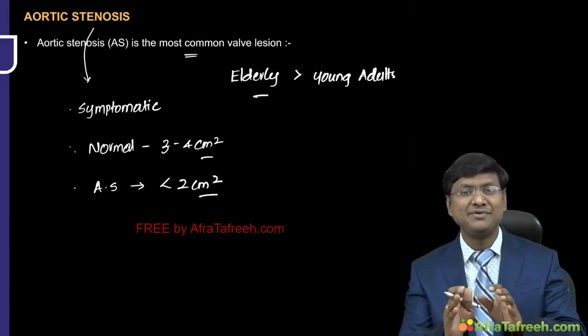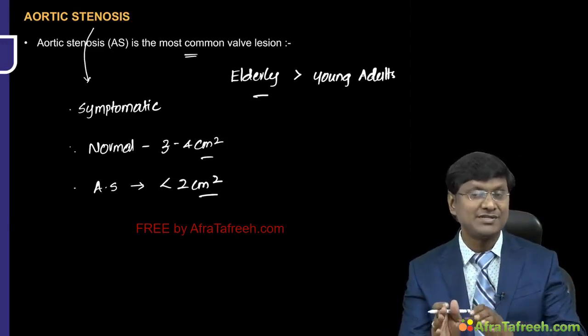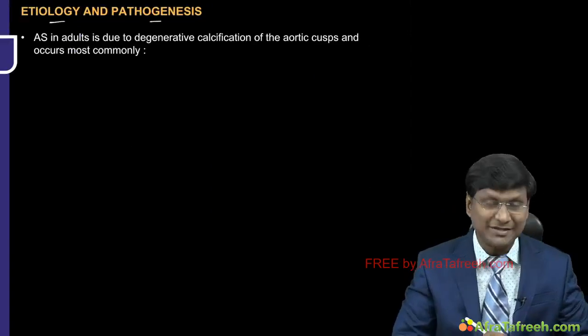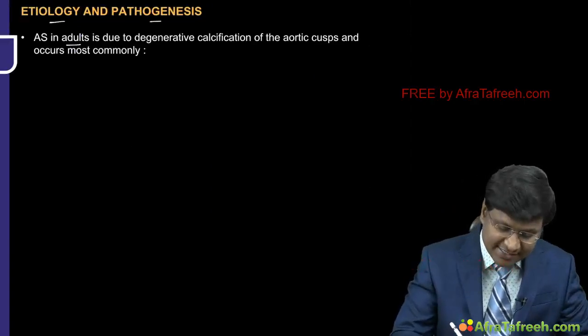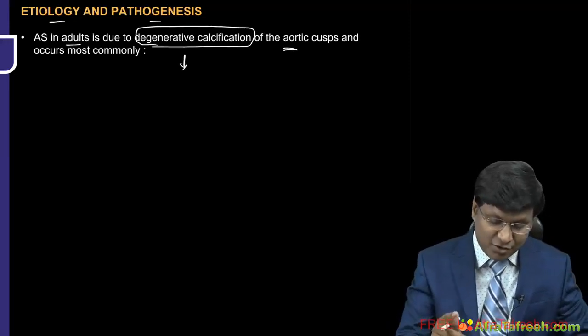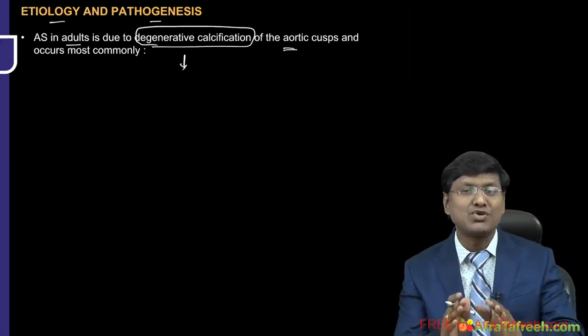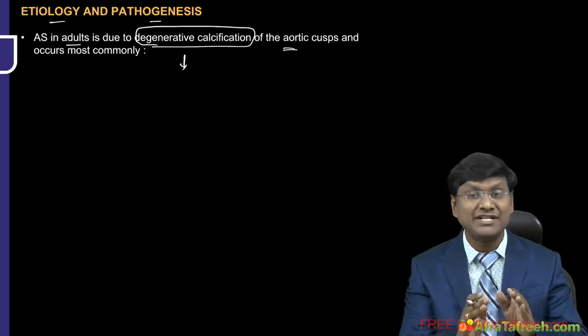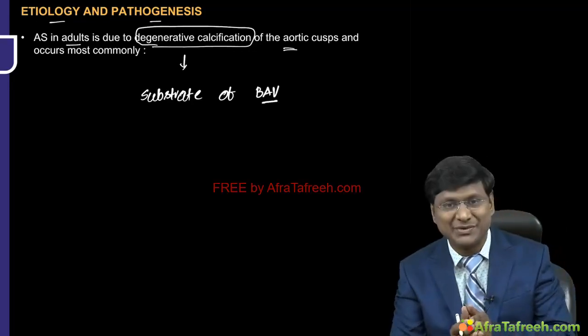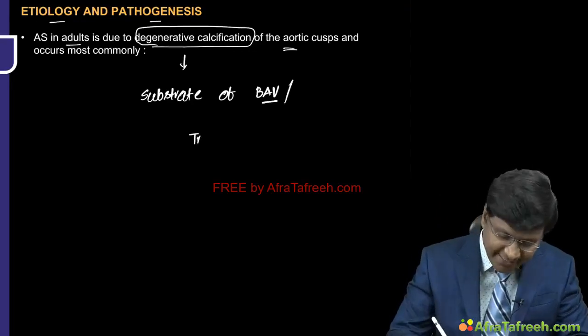Now, first, let me give you the basic idea of the etiology and pathogenesis for the development of aortic stenosis. As I have already said, aortic stenosis in adults is mainly due to calcific degeneration of the aortic cusps, right? And this calcific degeneration of the aortic cusps most commonly occurs on the substrate of congenital aortic disease, that is on the substrate of the bicuspid aortic valve, or there can be trileaflet